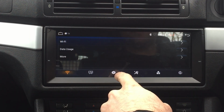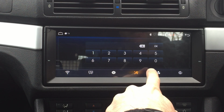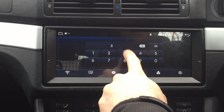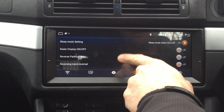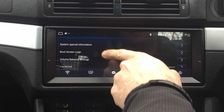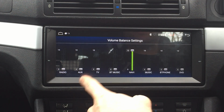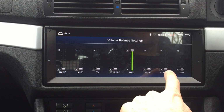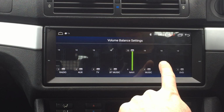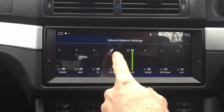You have to go into the settings app here, then go into this locked out settings menu, password 3368, and in there under one of these menus, volume balance settings, and there I had to turn everything else down to minimum. That's not off, by the way, that's just down some, and navigation up to full, which is just up some,